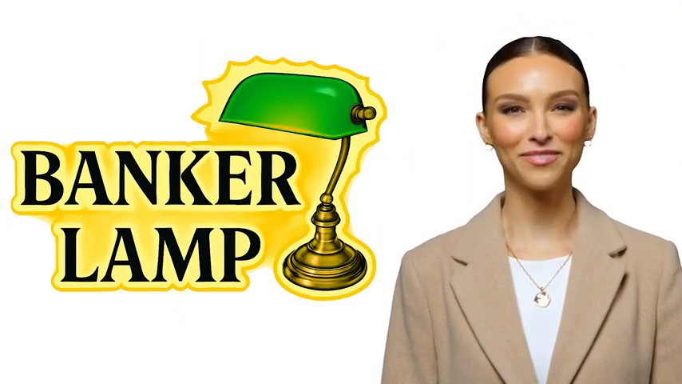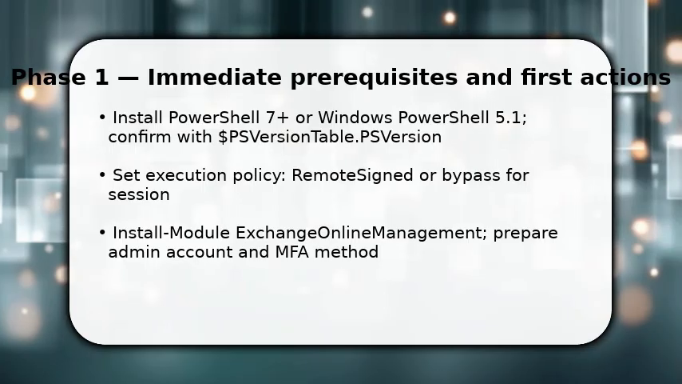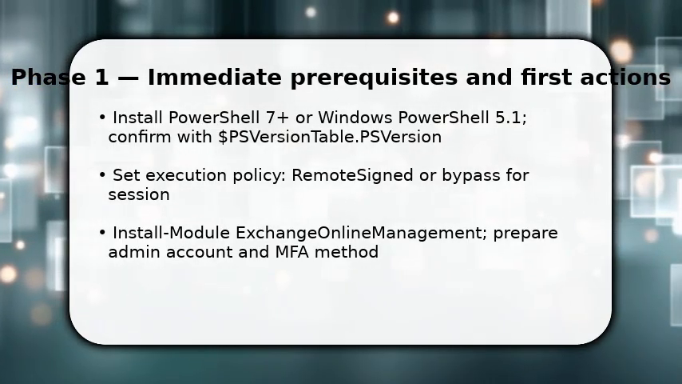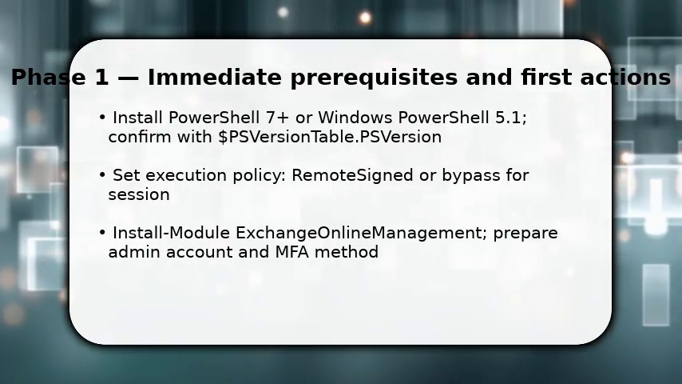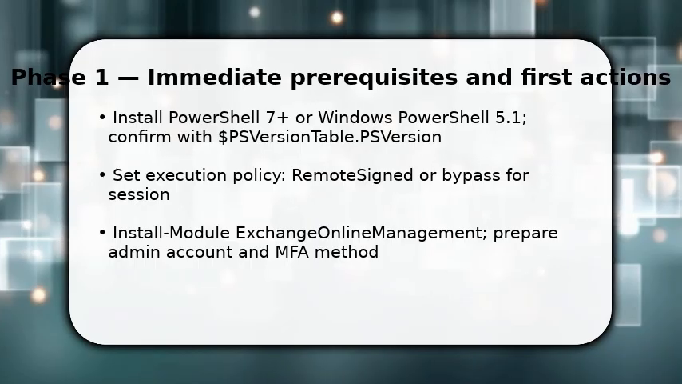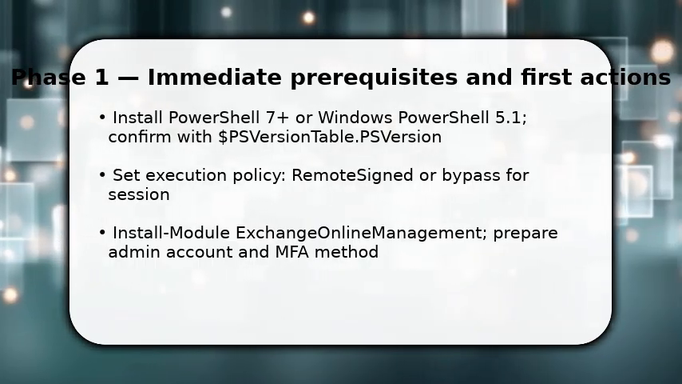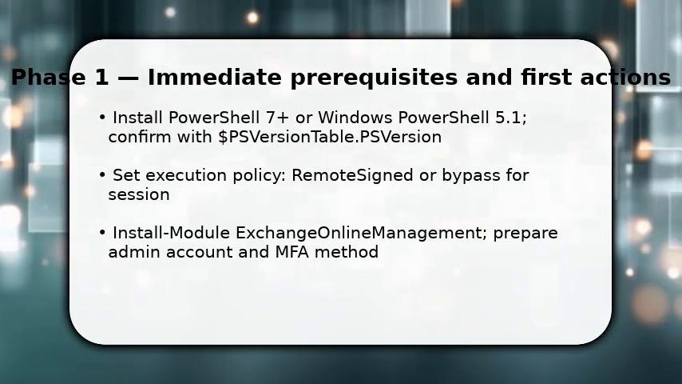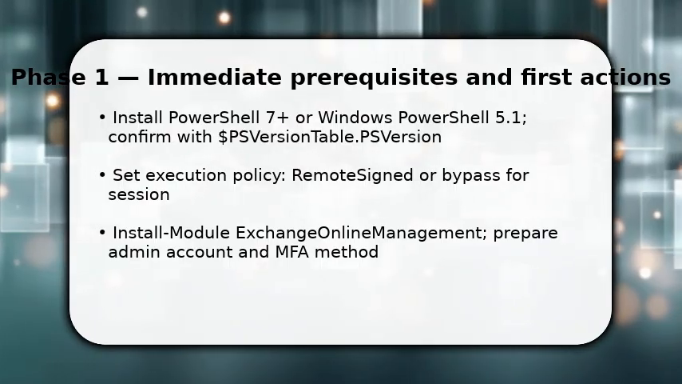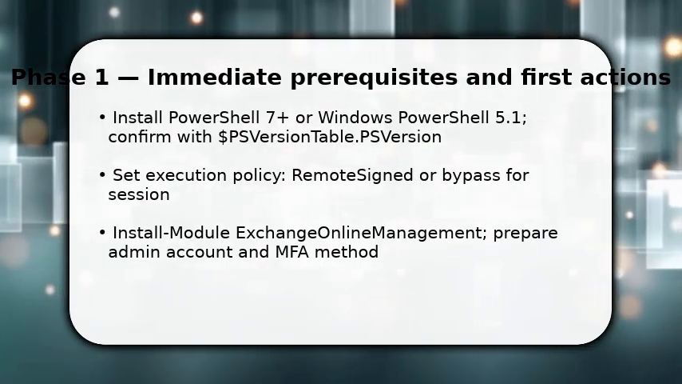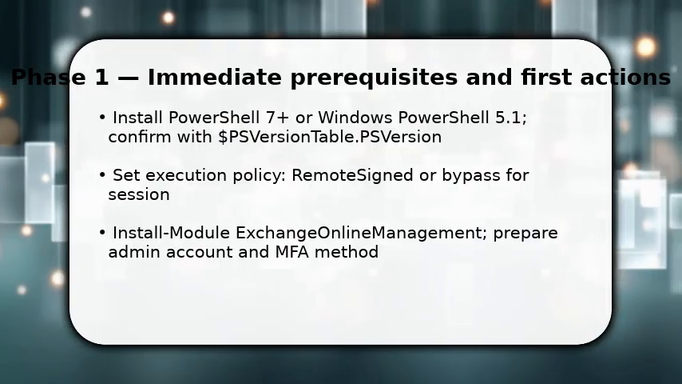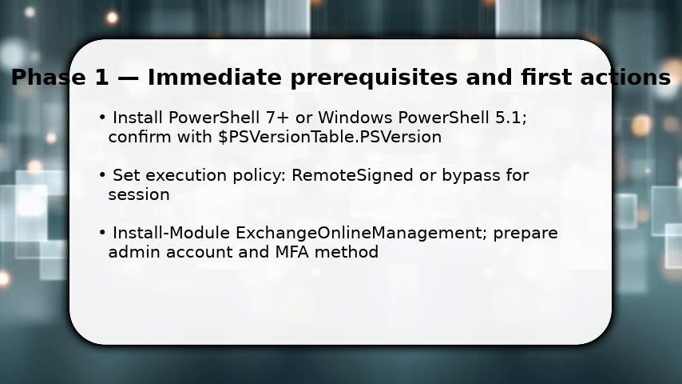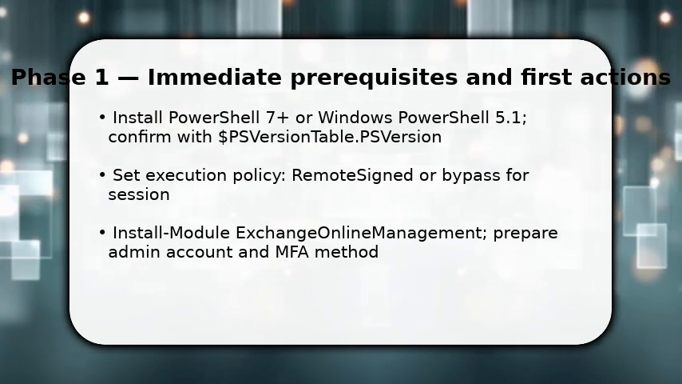Please enjoy the video. You begin by preparing the environment so commands will work reliably. First, make sure you have PowerShell 7 or compatible Windows PowerShell and set execution policy to RemoteSigned for safety. Once done, install the Exchange Online Management module so you have the latest cmdlets. Make sure you have an admin account and know whether it uses multi-factor authentication. This affects connection method. Now open an elevated shell and run Install-Module ExchangeOnlineManagement, and we'll move to